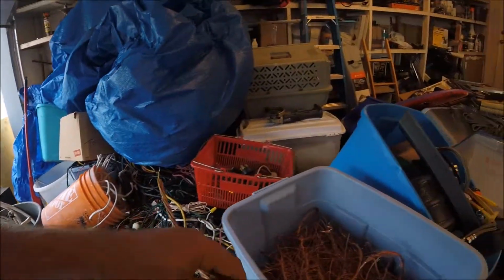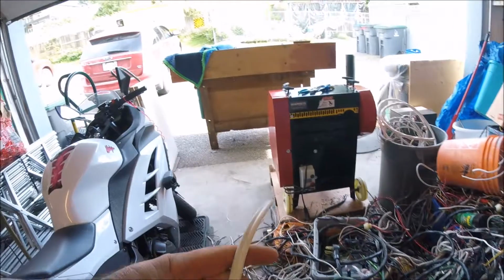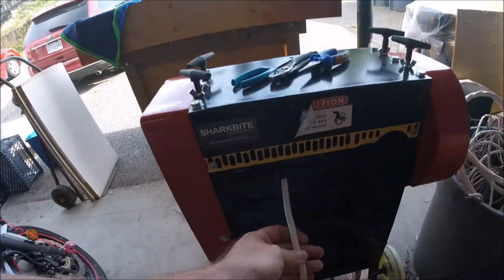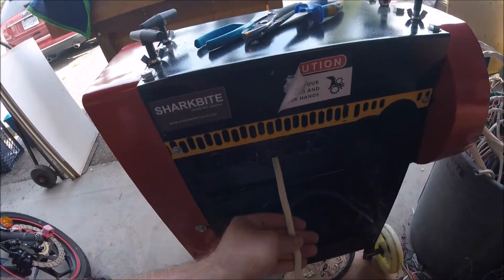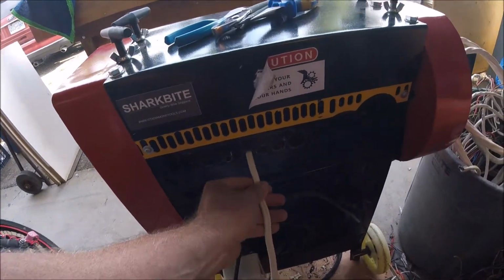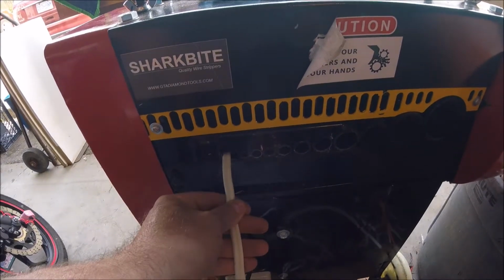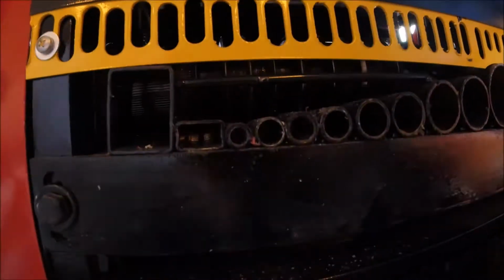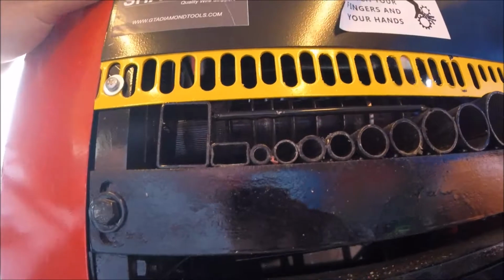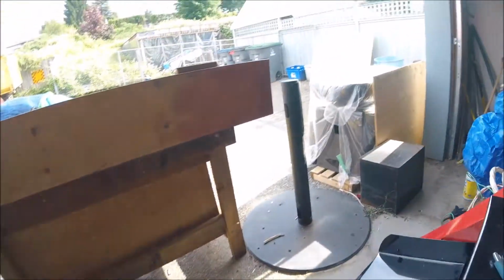It will do the Romex. Like this is a standard wire here. See, I would just put it in this slot here. That one, this one's iffy, but this one for sure. You put it in there, even though it's not flat. You put it in here. See the play in there? So if you look in here, the roller blades on the side, a bit on the side there, it doesn't really line up. So what happens is,